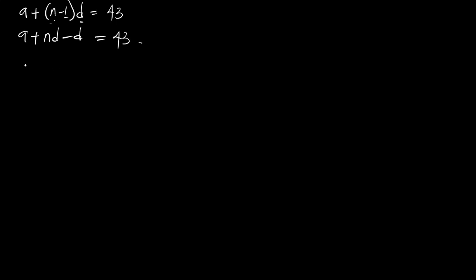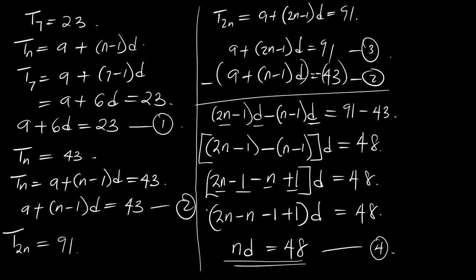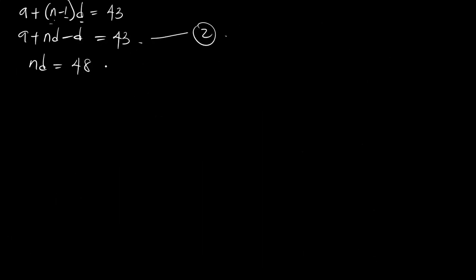Now we have this is another form of the equation 2. Now we have nd to be equal to 48, which is equation 4. So now anywhere we see nd, we replace it with 48 into equation 2. So now what we're going to do, we substitute nd equal to 48